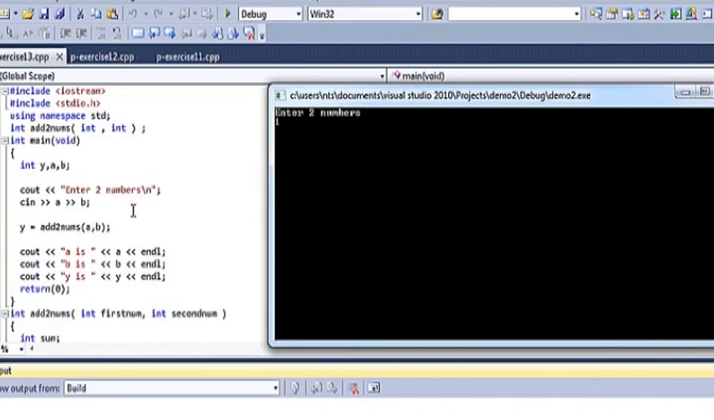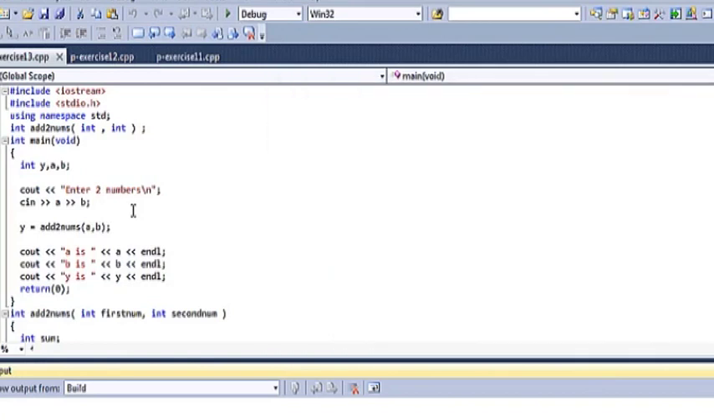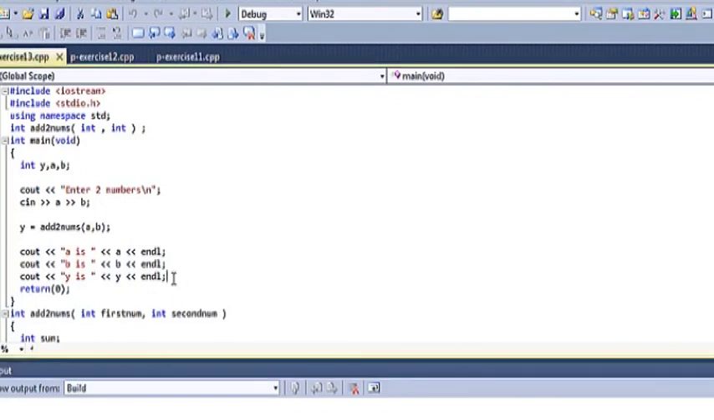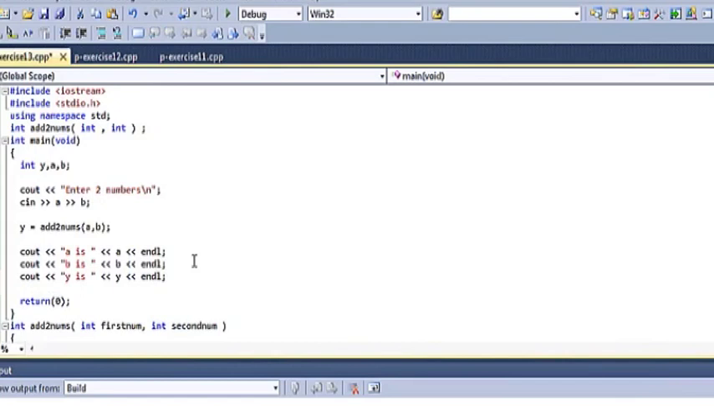Suppose I enter 12 tab, I need to use white space. That could be enter, that could be tab, that could be space. So 12 plus 34, enter. Okay, it has given me the answer, but where has that answer gone? Could not see that. For that purpose,